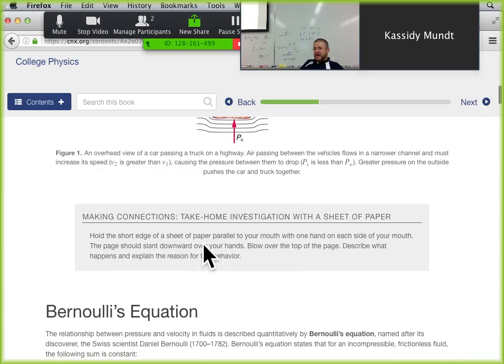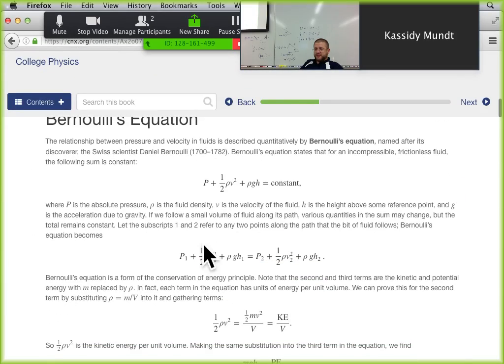So we're following this particular volume of fluid that we've outlined with some dye or something through the system, and it's got a pressure, a movement energy, a kinetic energy, and a potential energy, and we're going to say that that has to remain constant as it goes around through the system, as long as nothing is adding energy to it or taking energy away from it. For example, if you encounter a pump which speeds you up, increases your pressure, or raises you from one height to a higher height, then this wouldn't stay constant. However, you can have this conservation of energy as long as nothing is adding or taking away energy.